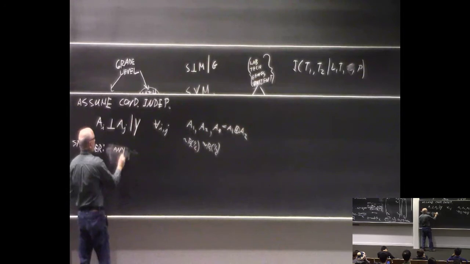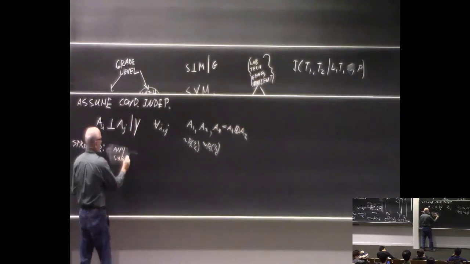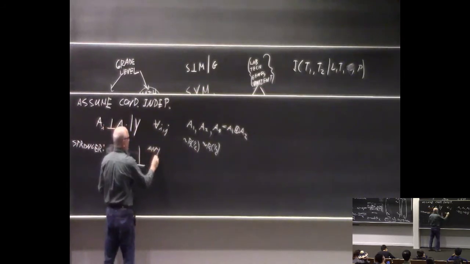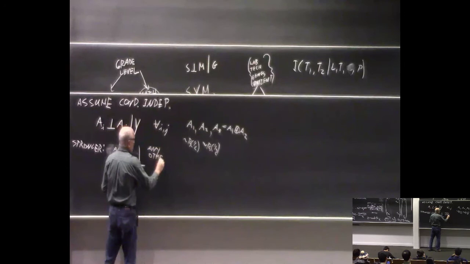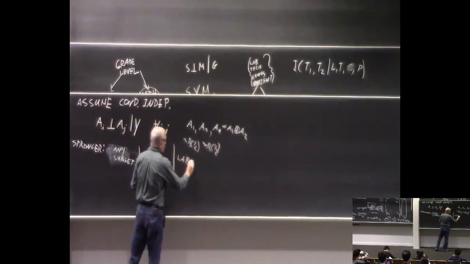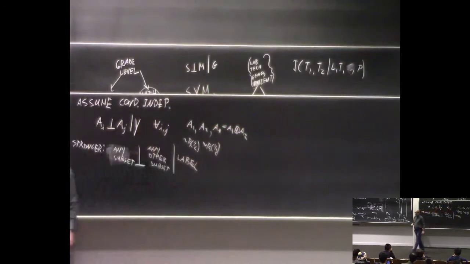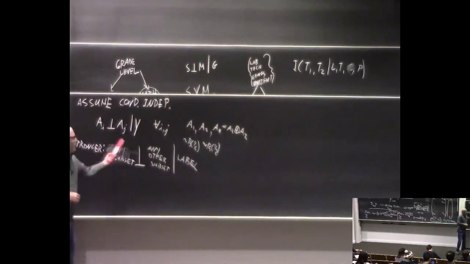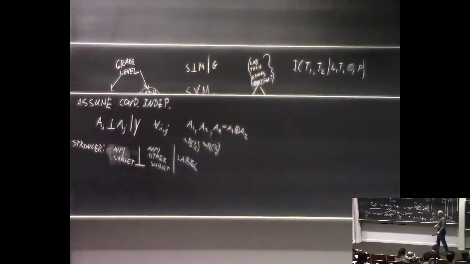Any subset is independent of any other subset conditioned on the label. This is a much stronger assumption. But usually you will see in the literature this described, but it's actually not the only assumption being made. All right, I will make this assumption,